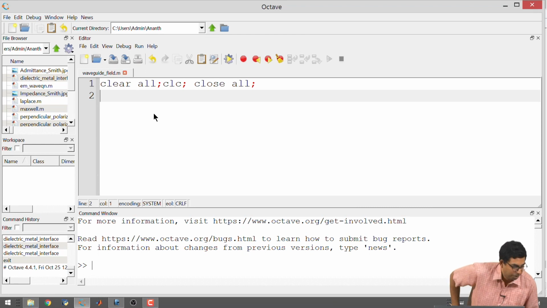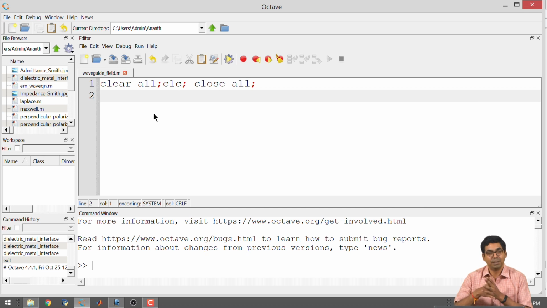I am creating a new program. The idea is to just take the form of the general expression. We are not going to solve the wave equation and try to find it out. All we are trying to do is, we had some sin(m pi by a times x), sin(n pi by b times y), multiplied by e to the minus j beta z. We just want to see what that visually would look like, because it is a very complicated expression. We have to see what it looks like; that is the whole objective.